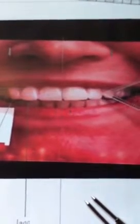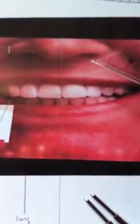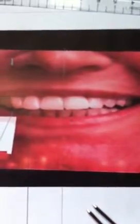A few cosmetic things I'd probably pick out is that the tooth on the upper right side of the patient is a little bit longer in this area, and typically they're a little bit shorter, just like this side is. So I could reshape that tooth if you wanted to get a little fussy. The canine on this side is more worn down, so when you compare it to the canine on this side, I'd probably either bond a little bit on there or just recommend a night guard to be worn